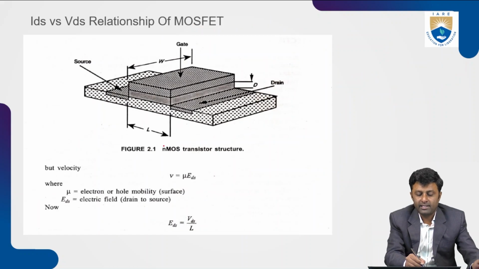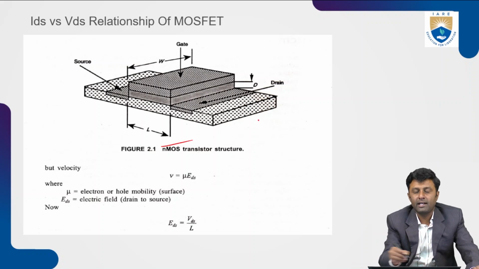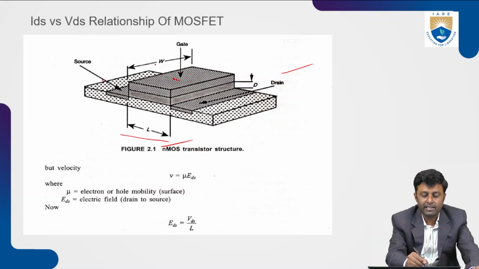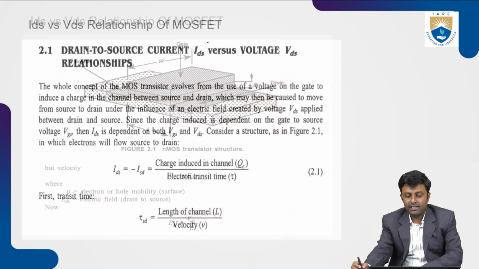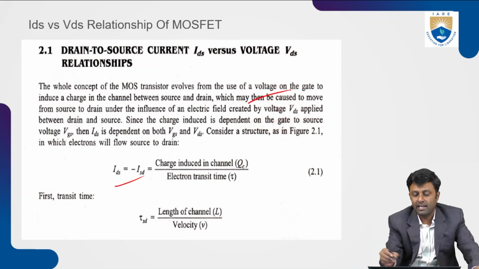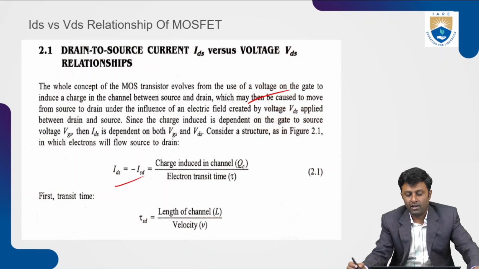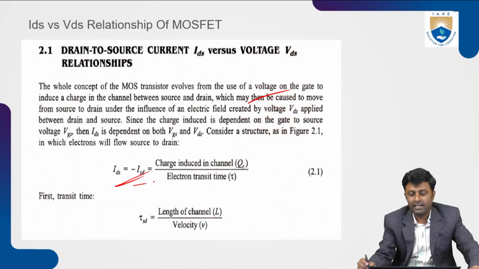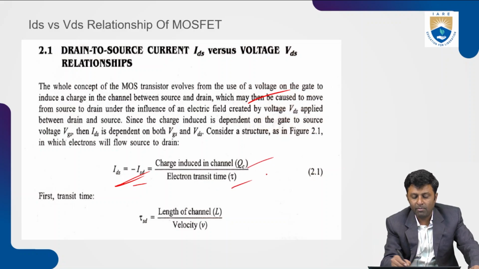This is the structure as we have already seen. It has the terminals source, gate, and drain. It has a length L and a width W. As we have seen, the flow of current directly depends on the VDS applied. So we can write IDS is equal to minus I_SD, that is the conduction charge induced in the channel, divided by